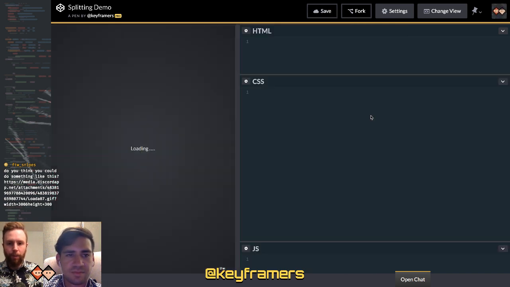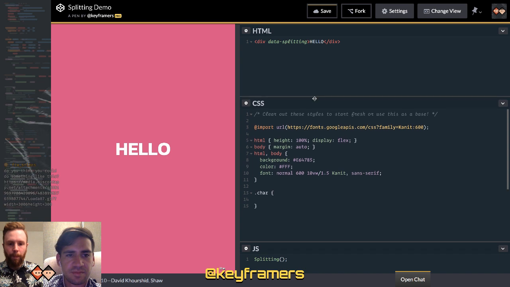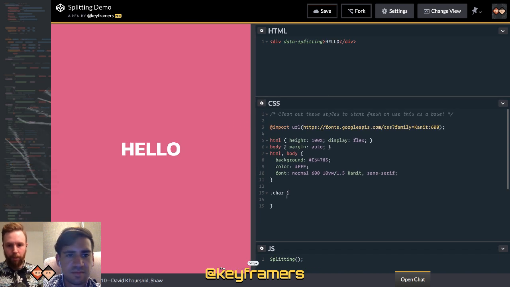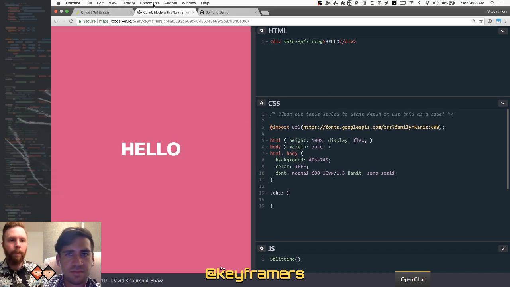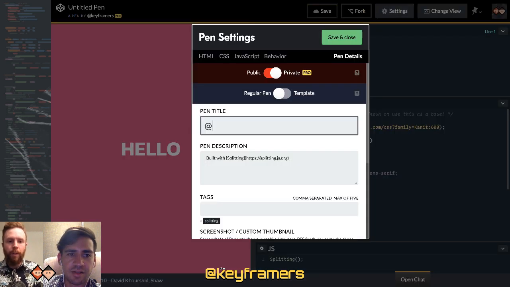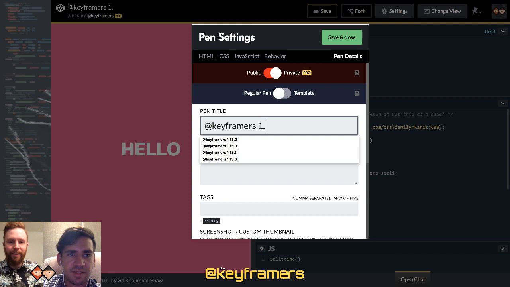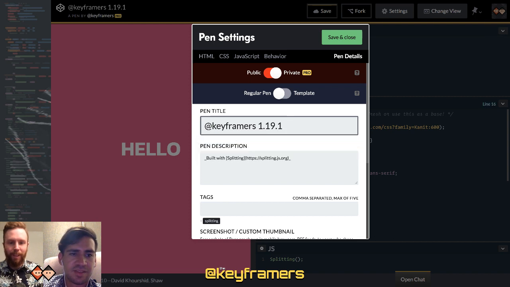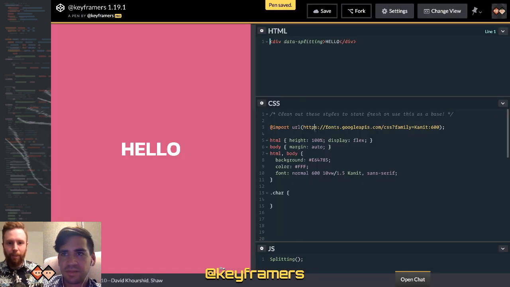Let me save and refresh. You might need to refresh too, because I'm not seeing anything. Okay. Let's go ahead. And everything's gone. Oh, Keyframers 19.1. Okay, I can see your cursor now. I don't know why it keeps doing that.